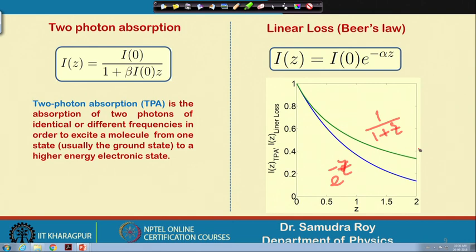With this note, let me conclude today's class. Today we have learned two important things. One is cross-phase modulation: the phase is going to modulate, and the amplitude will not remain conserved. The next thing is nonlinear absorption, or two-photon absorption, where the susceptibility, the third-order susceptibility, has some imaginary component, and due to this we have some sort of absorption. This absorption is nonlinear in nature, and that is why it is called nonlinear absorption.